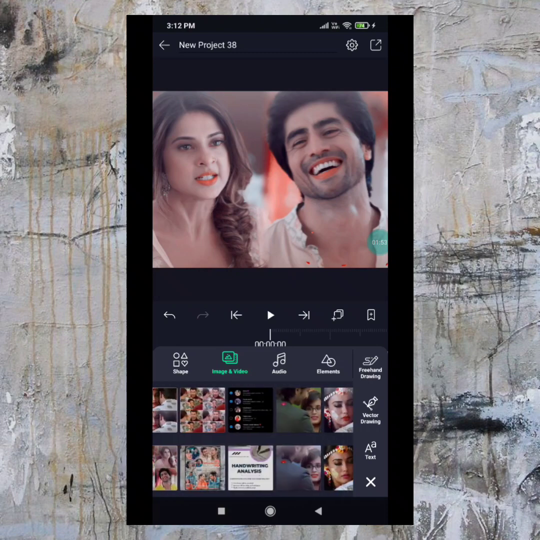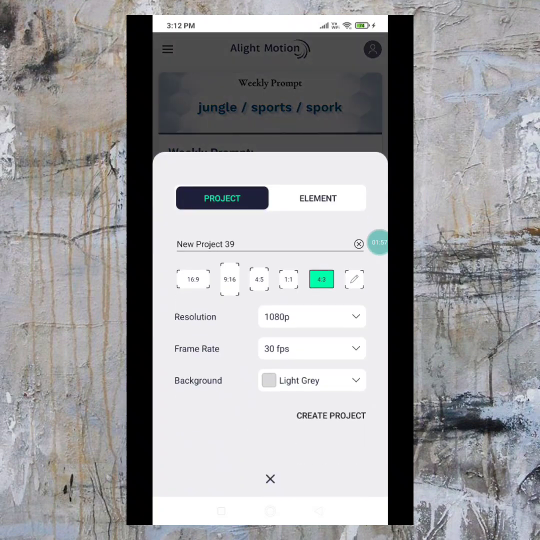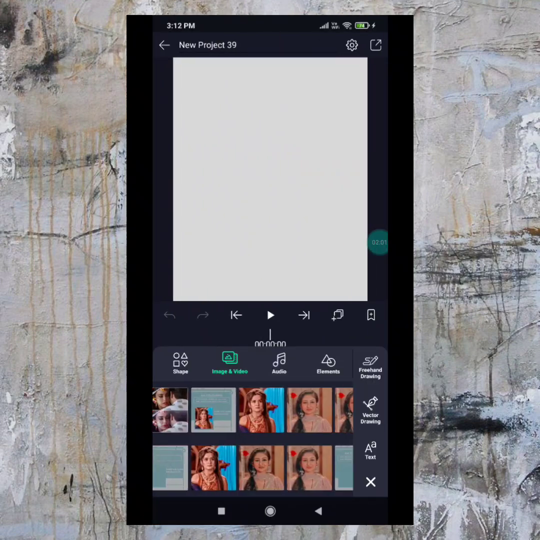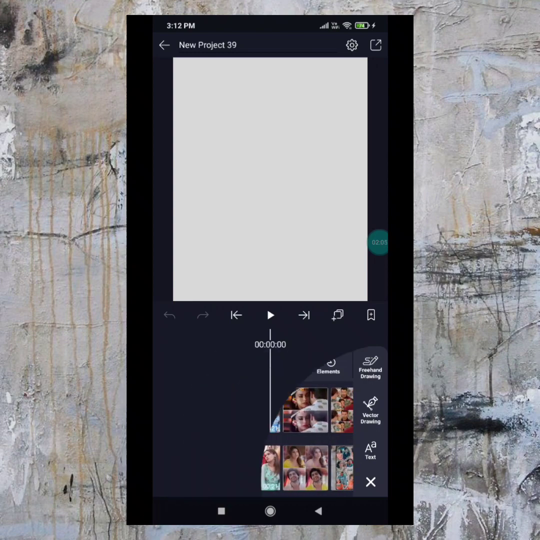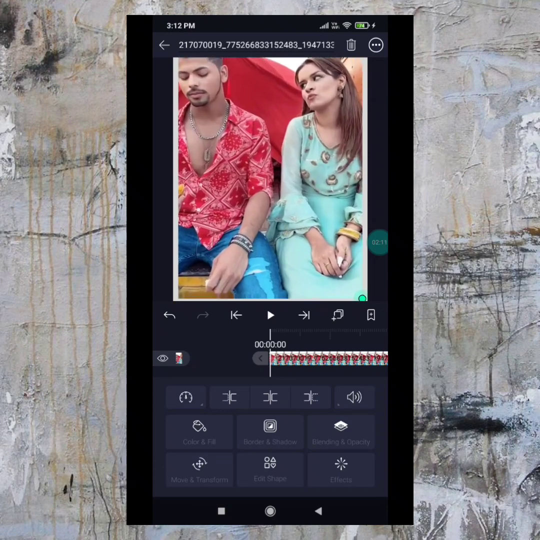Let me check if I have some videos. Okay, so if you want to make it more clear, let me show you with some videos. Here is one same video. One is filtered and one is unfiltered.